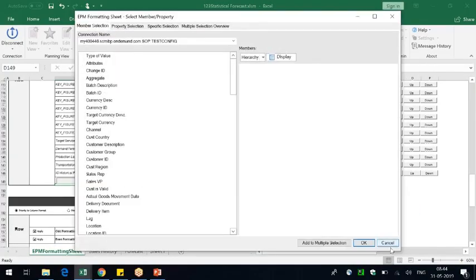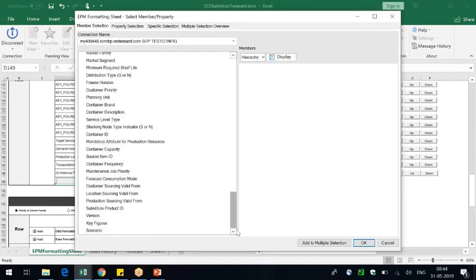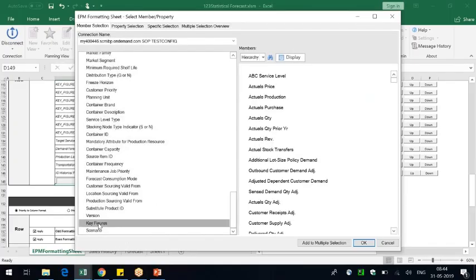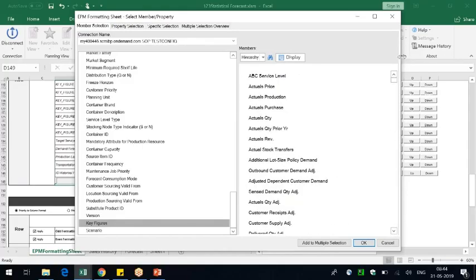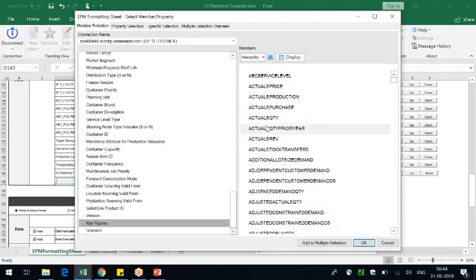Now the system opens up a pop-up, and there are so many selections here. First I'll go to the member selection. Now I want to add a member. What member do I want to add? I want to add the key figures here. So click on key figures. The system has displayed all the key figures that are there in the system. Okay, so I can go and display it in IDs. So the key figure IDs will be displayed. Every key figure will have a technical ID and then a business description. Technical ID is the one that the system understands. It's a backend thing, will not have any spaces, etc.